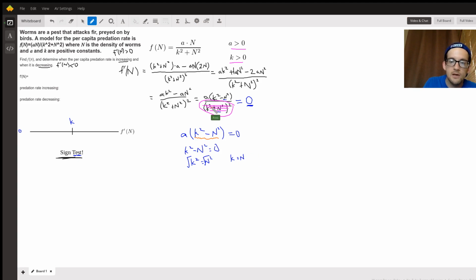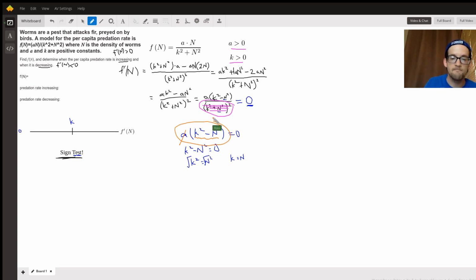Remember what we said a second ago, the denominator, all this k squared plus n squared quantity squared, is basically out of the equation because it's always going to be positive. It doesn't impact anything. So all I really want to know is when can I get this piece equal to 0? And in fact, since a is always positive as well, let's get rid of it. Multiplying a number times a positive number, doesn't matter what that positive number is, it's not going to change the